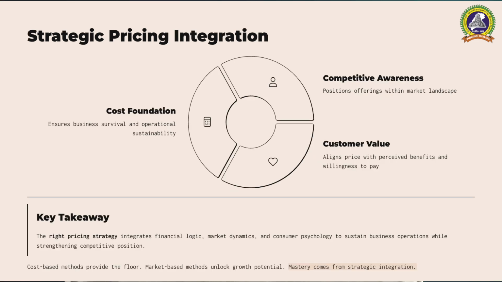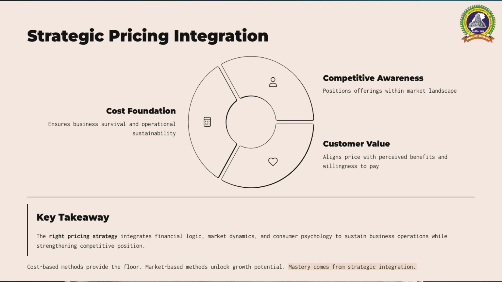Let's conclude our discussion. We began with cost based pricing, specifically break even analysis, which provides the floor for our pricing decision, ensuring we cover our fixed and variable obligations. We then explored marginal cost pricing, a tactical tool for short term capacity utilization that carries long term risk. We moved to the external market with competition oriented pricing, seeing how firms either follow the herd with parity pricing or break away with discount or premium strategy.